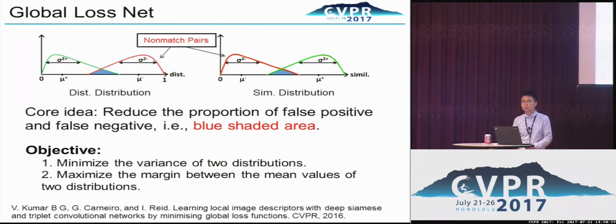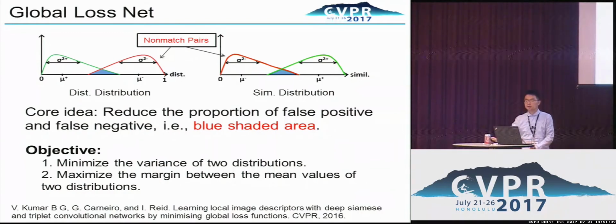For the network training, both MatchNet and DeepCompare are based on the cross entropy loss of individual pairs. Apparently, such a loss ignores the global distribution of the training dataset. Some researchers have argued that a better loss function should model in the global distribution of the training dataset. As a result, Kumar et al. have proposed to train a deep network with the global loss